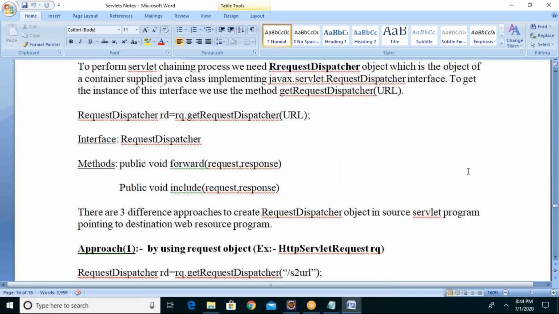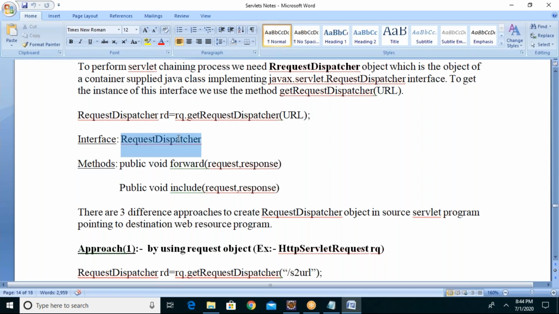Now the question is, how can we do that? In order to navigate from one servlet to another servlet, there is an interface called RequestDispatcher. In the RequestDispatcher interface, there are two methods, forward and include, as I said just before. How you want to call the next servlet, either forward or include.